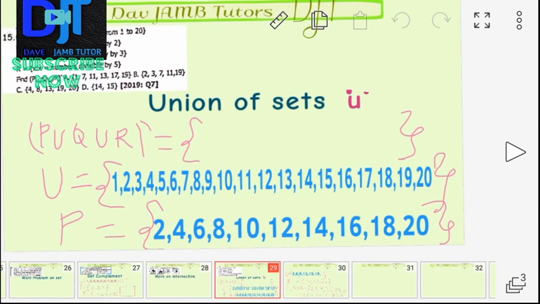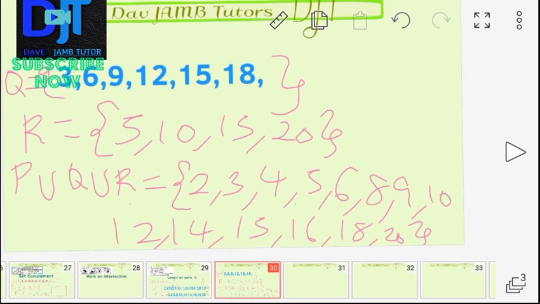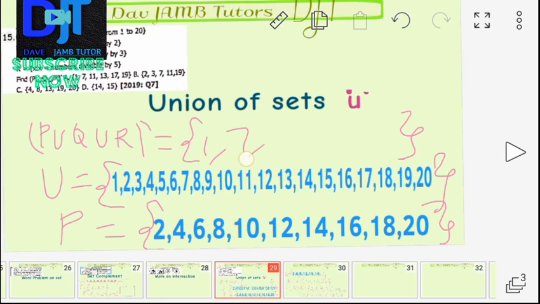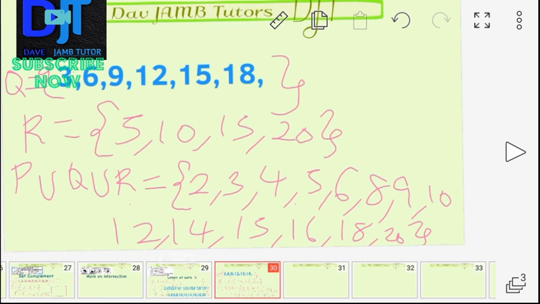So now, what we have in the universal set that is not there are 1, 7, 13,